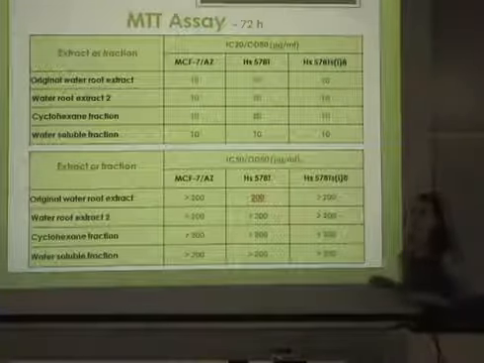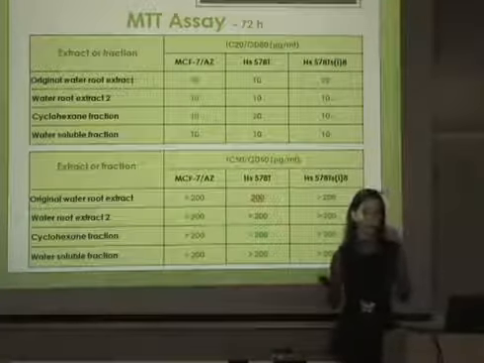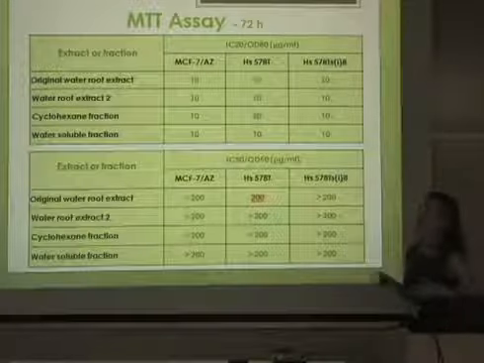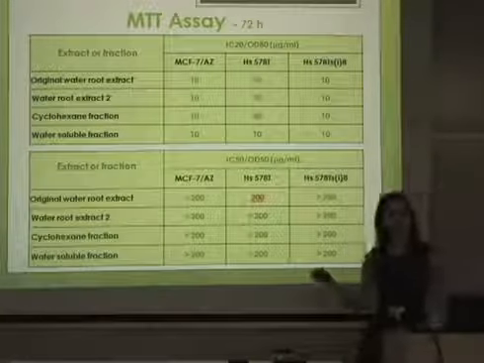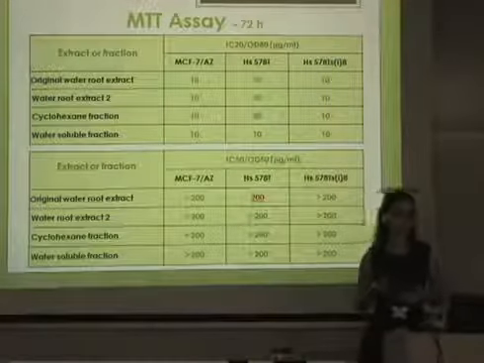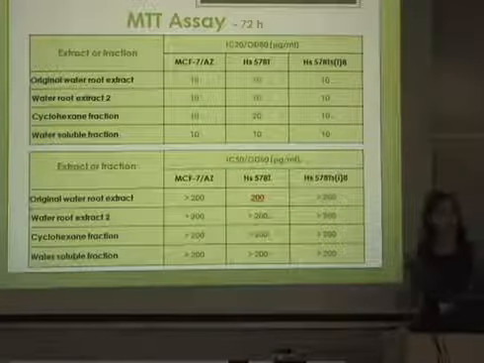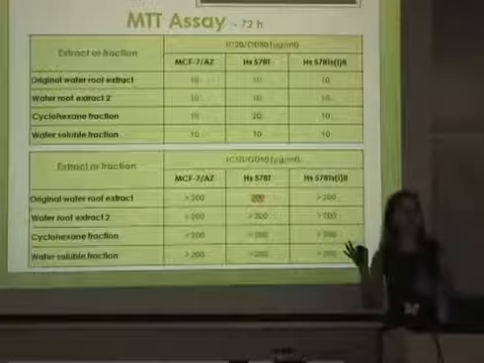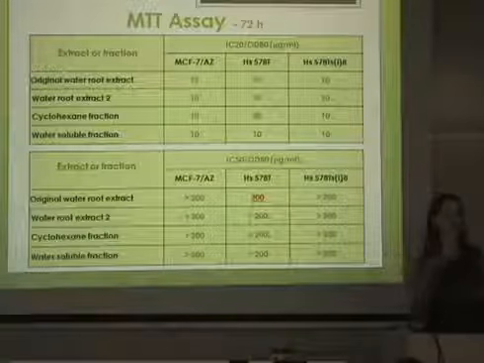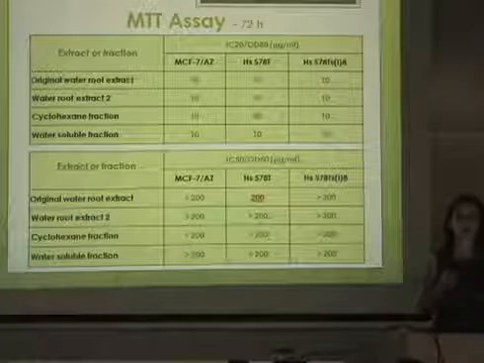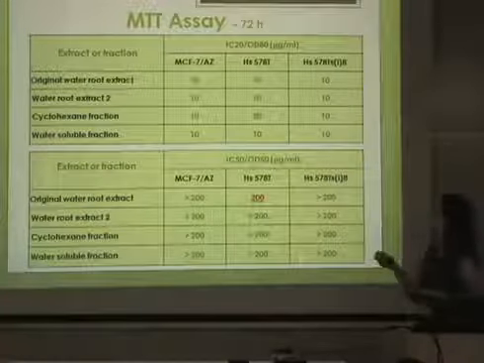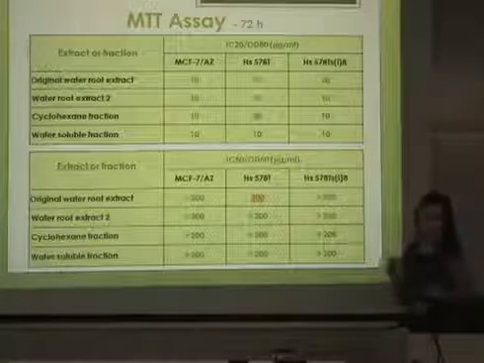We also performed this experiment in a time frame of 72 hours. And since I didn't want to show you more graphs, I just decided to tabulate these results. As you can see, for none of these cell lines or the extracts and fractions that we used, you can see a big difference. The only difference that you can notice is that after 72 hours, we had to use a little bit less, and the concentration for this one was mainly 10 micrograms per mil.